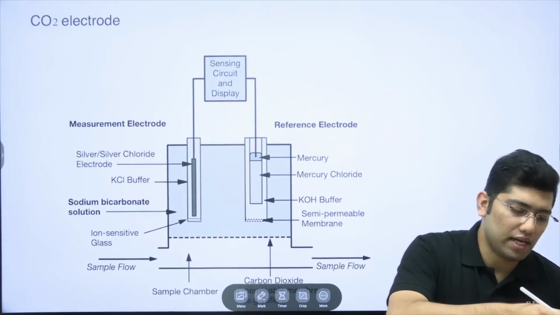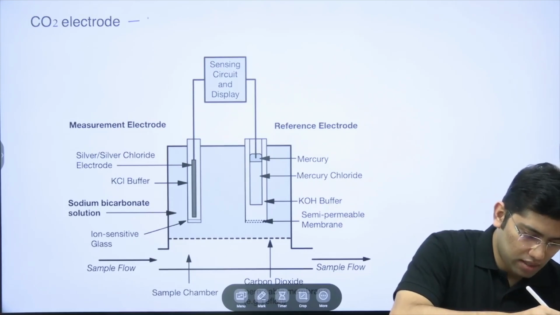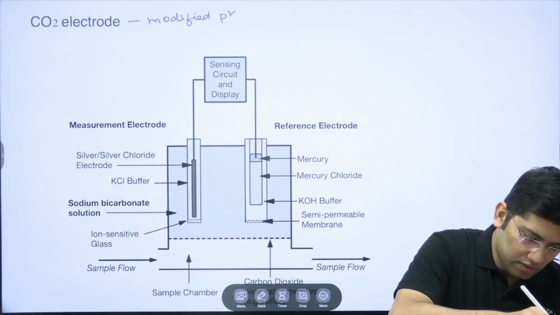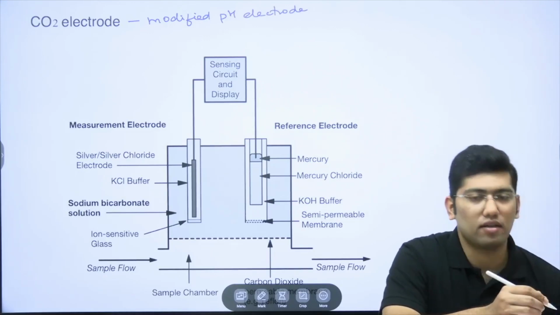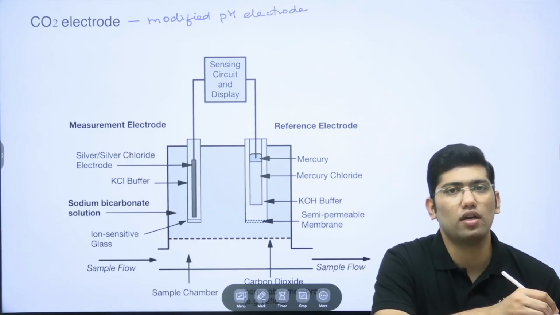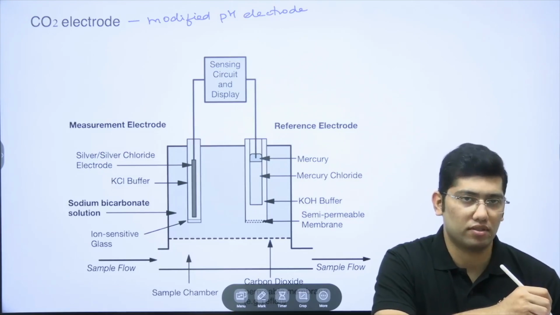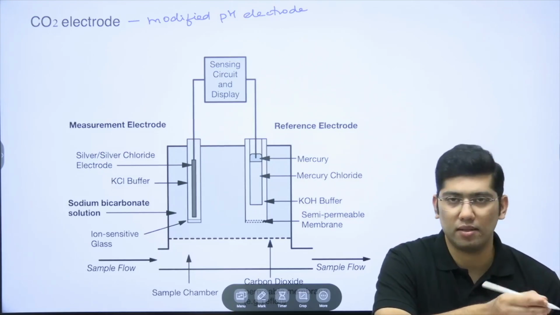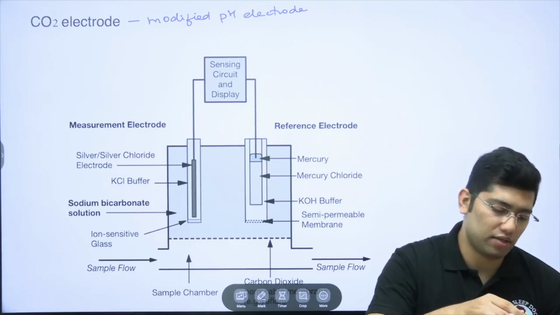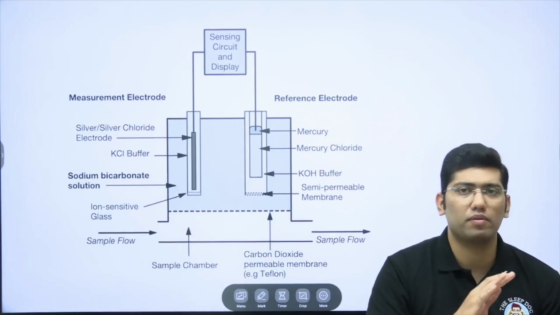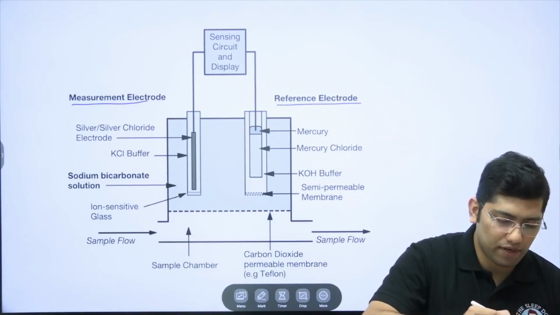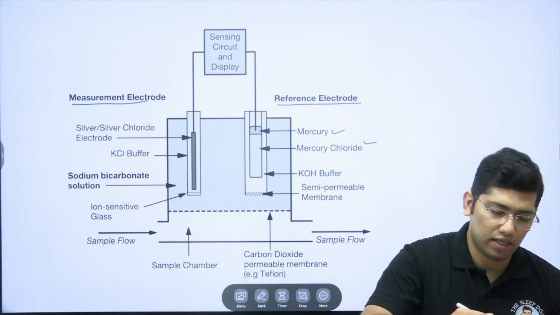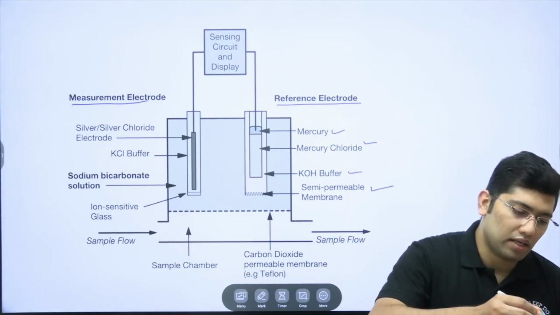So the carbon dioxide electrode is nothing but a modified pH electrode. That is why we said both the pH electrode and carbon dioxide electrode were potentiometric electrodes. All right. So most of the stuff remains constant. It has a measurement electrode, it has a reference electrode, everything ticks. The only